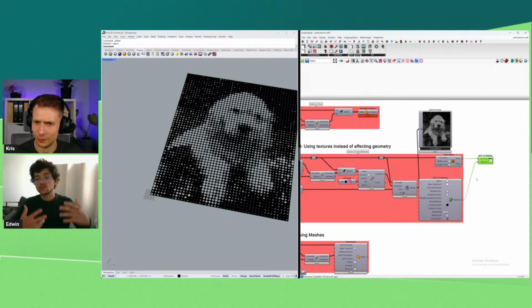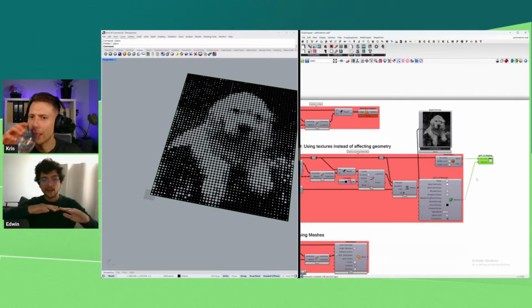And then you can use these textures to do perforations, even bump. Normal maps, for example, allow you to create fake bumpiness or fake textures in your geometry, so you don't have to geometrically affect the mesh or the wrap, but you can just fake it through a normal map.